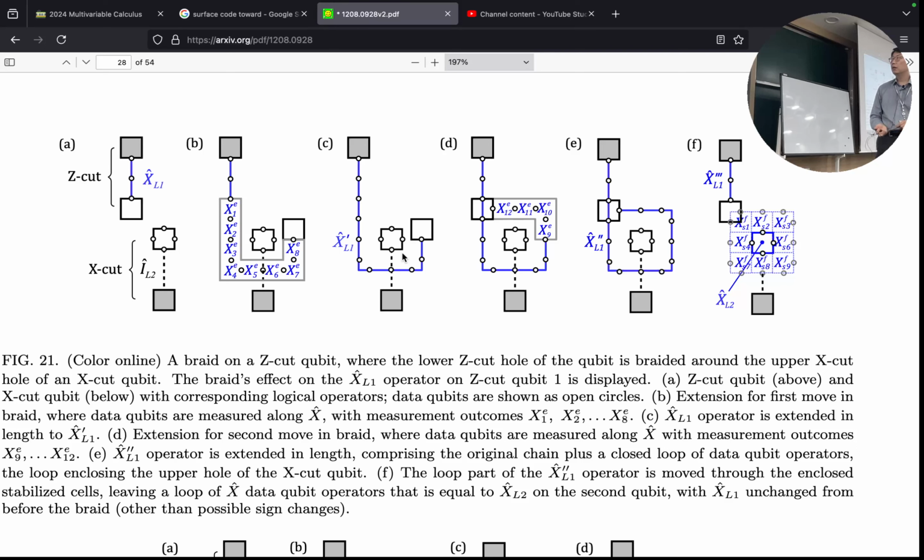Why? Why is that? You think about how you make the loop here. So you make a loop by making this X chain longer, right? So you end up having this picture, which has X chain along these data qubits, but you can split this chain of gates into 2 pieces. One is connecting this X boundary to this X boundary, this one thing here, and another thing is the loop